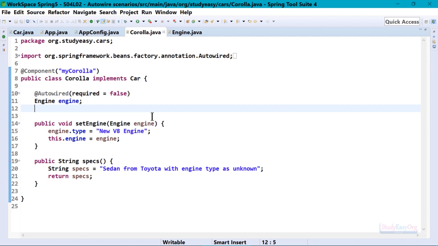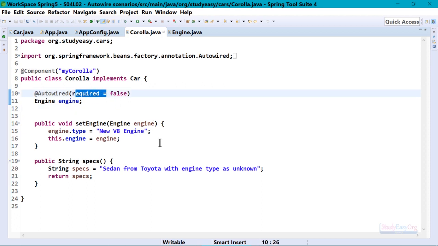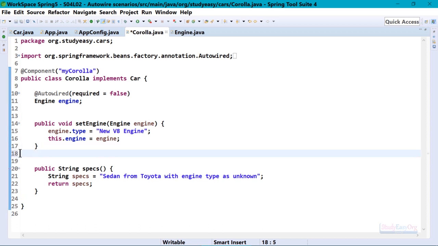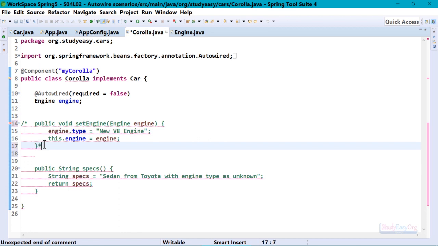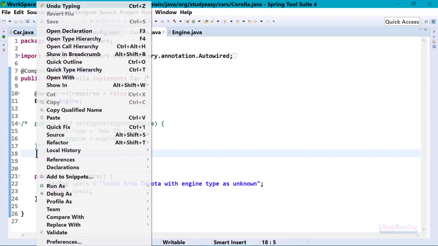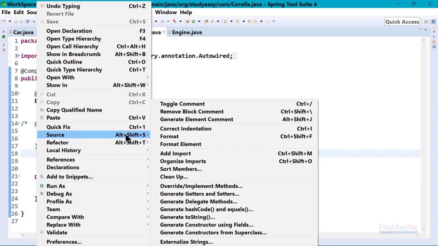Whenever there are scenarios where an object may be required or it might not be required, in those kinds of scenarios, use the required flag. Alright, now finally there could be a scenario where, for example, let me comment this out. For example, we make use of a constructor, right? So for this particular class, maybe there is a constructor. Let me quickly create a constructor in here,